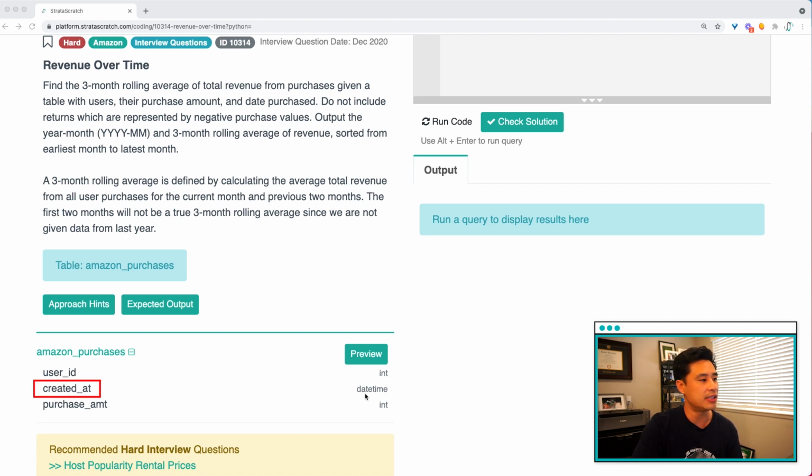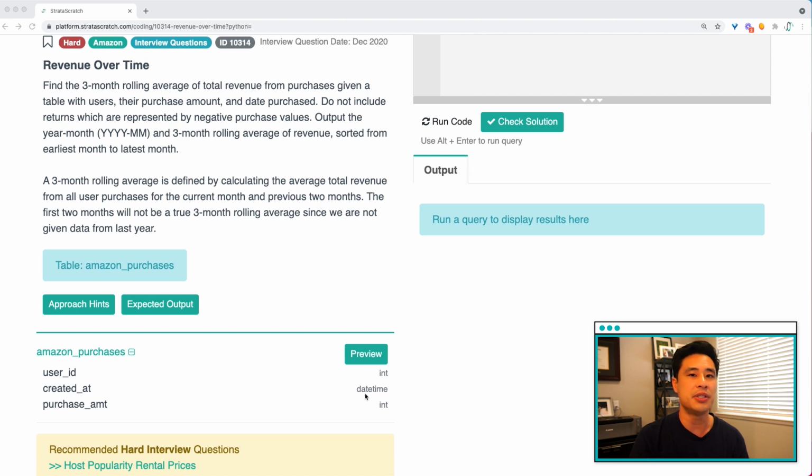And we know that it's also a date time field or a date field, right? Date data type. So these assumptions is basically what I'm going to be telling the interviewer, and the interviewer would be telling me whether or not my assumptions or my thought process is correct. Right? So I don't actually need to look at the values in the data or in the table. I really just need to have an open dialogue with the interviewer to really just double check a lot of